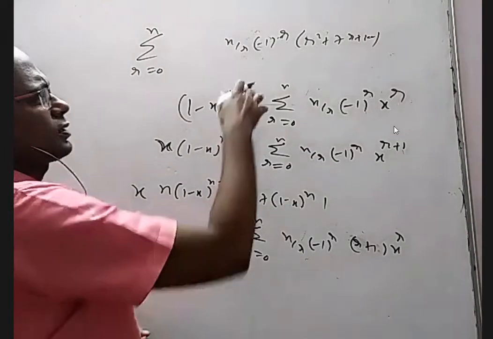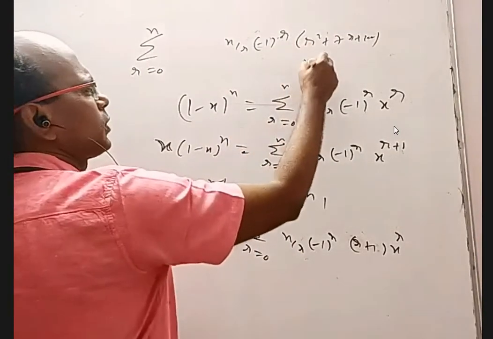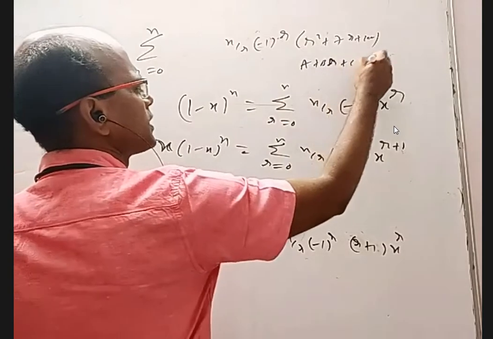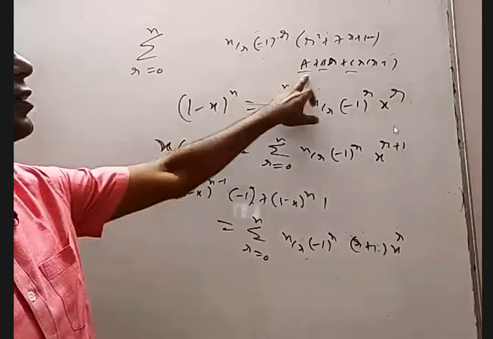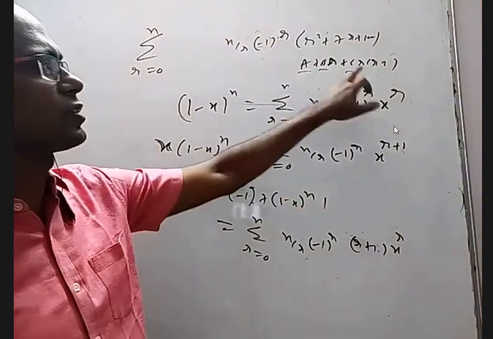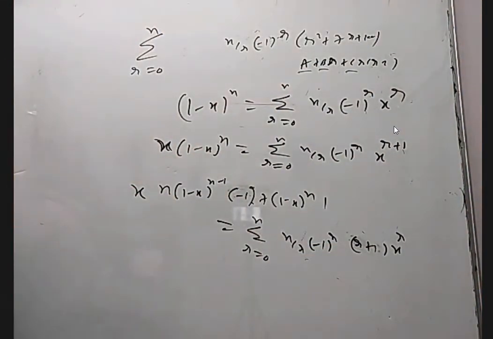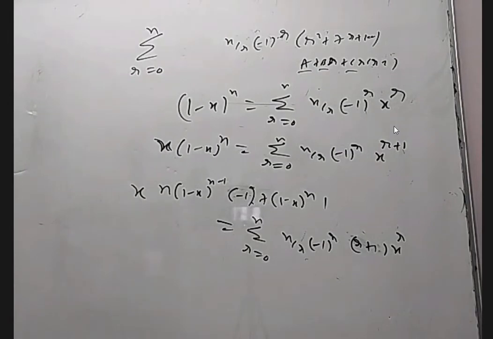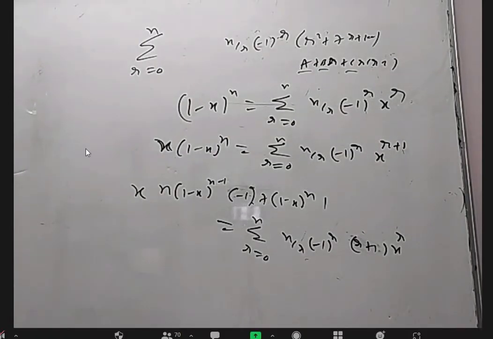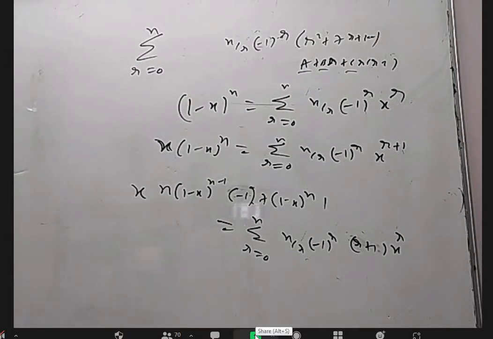Why? Because by differentiation it will come in the form of a plus br plus c r(r-1). You may change a, you may change b, you may change c. But this into this sum is 0, this into this sum is 0, this into this sum is 0. So it is 0. It doesn't matter what the question is. Am I correct? So there is nothing special about 1 square, 2 square, 3 square here. Let them give anything. Cubic also they can give. Let them give 1 cube, 2 cube, 3 cube, 4 cube. The answer is also 0, as long as the signs alternate, plus and minus.